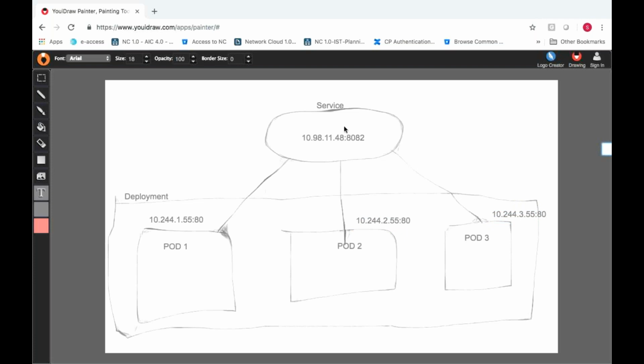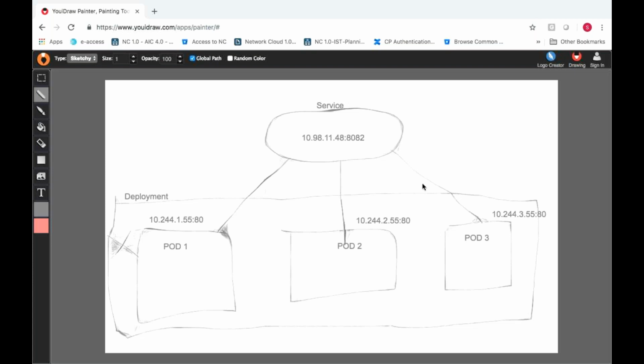Now let us assume we will try to delete one pod. We'll see what happens. You know, right, a deployment uses a replica set. What is the functionality of a replica set? It should have three pods running in the background.